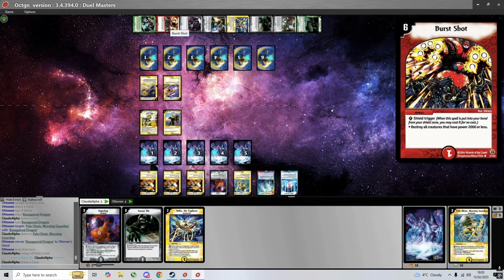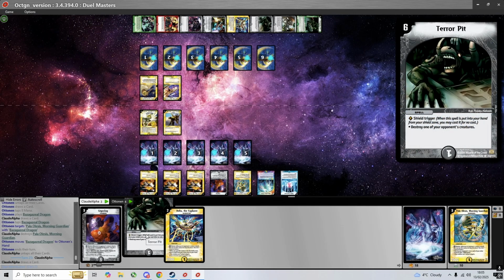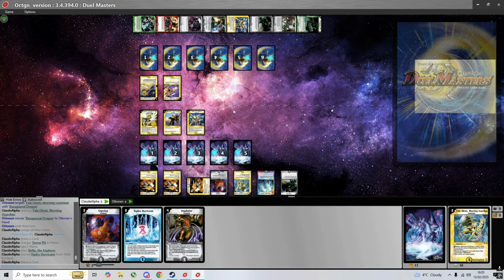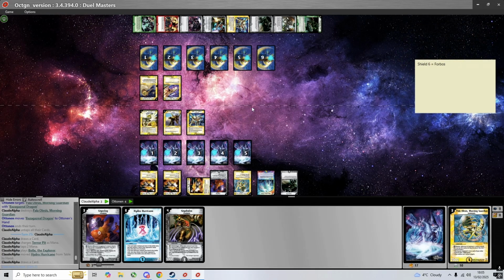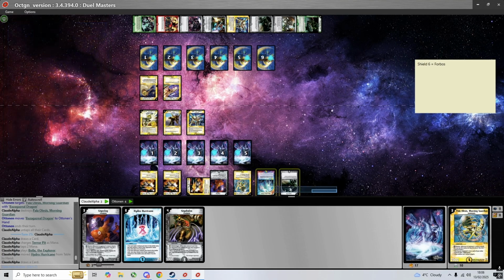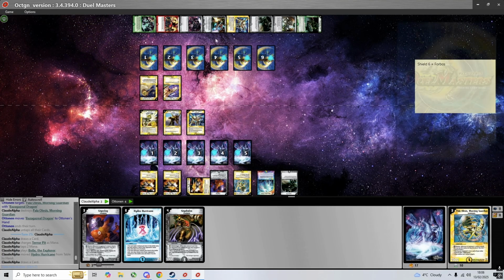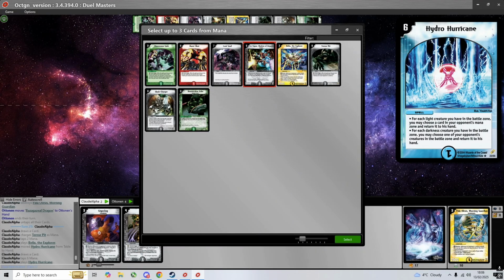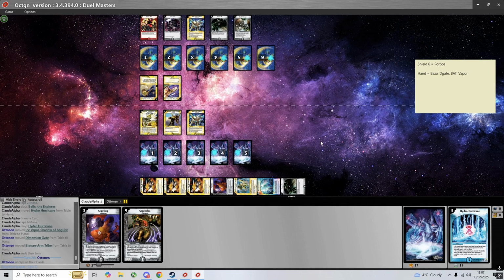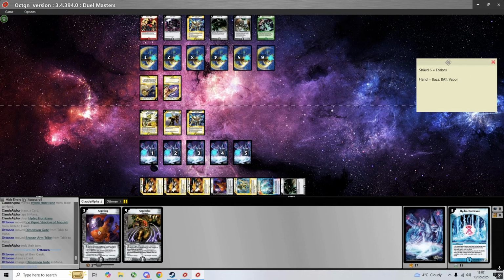And now I need to have this Mistrias survive, so I'm gonna charge a Terror Pit. Play Belix to grab Hydro Hurricane, and I'm thinking here of giving him cards, but I'm not entirely sure, so I'm probably just gonna play out. Yeah, I'm not sure why I did this. I would have maybe just played Giga Balza there, to be honest,